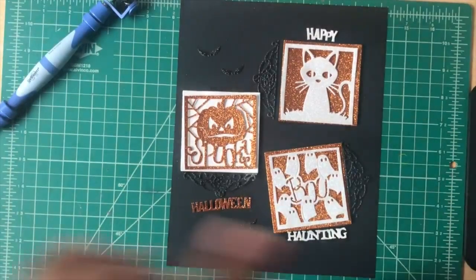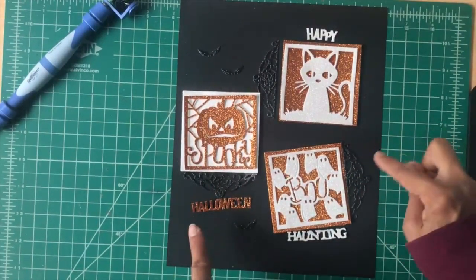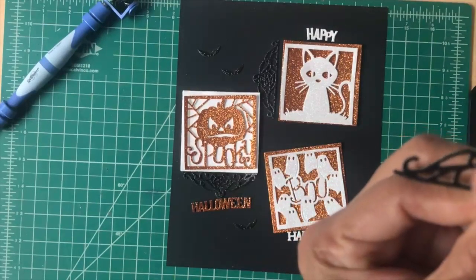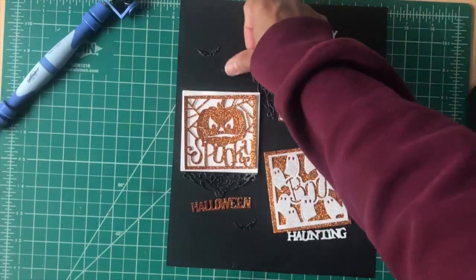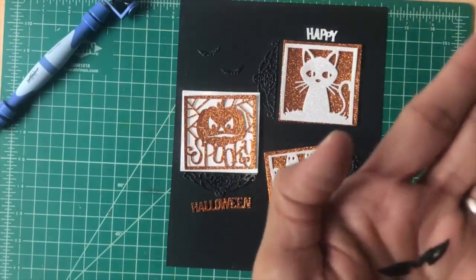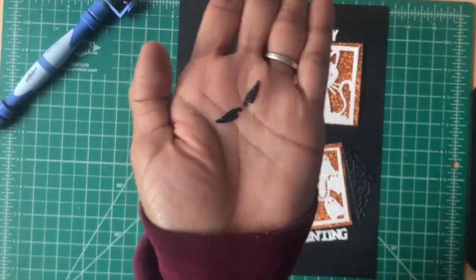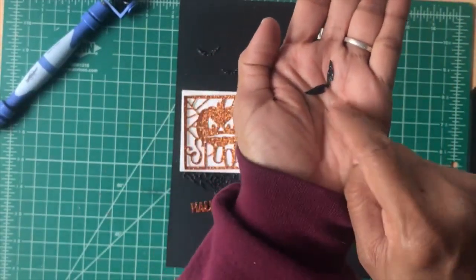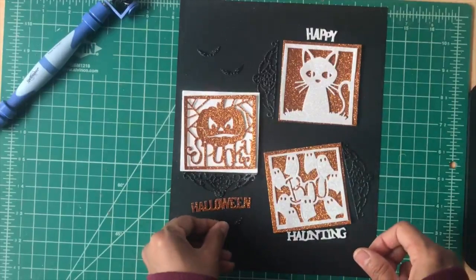I will link to the actual product down below so that you know which product I used. And that's what I did with black and black. I also found something interesting. Do you see this tiny thingy out here? When they cut out almost like bat wings. So let me take this apart and show you. I just decided to use that negative piece. I hope you can see it clearly. Let me get it in focus. And I'm going to make tiny little bats with that, and I'm going to put 2 on the top and 1 in the bottom, just for some